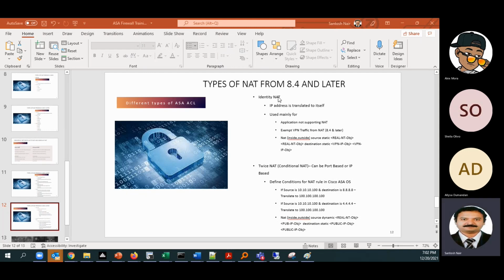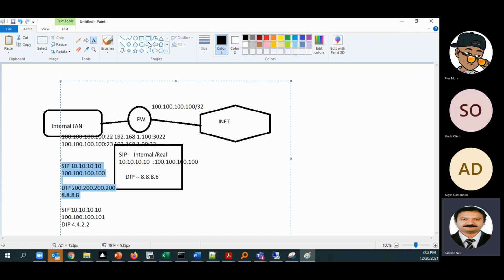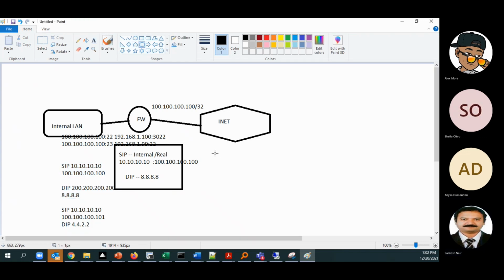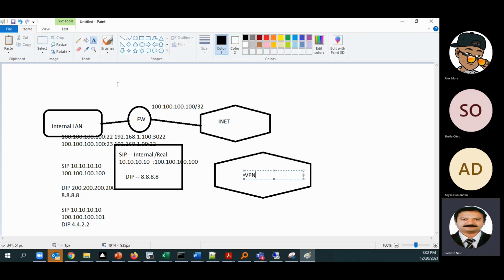And then the last one is identity NAT. Identity NAT is mainly used for VPN. Whenever the traffic is going to the internet, it has to get NATed.